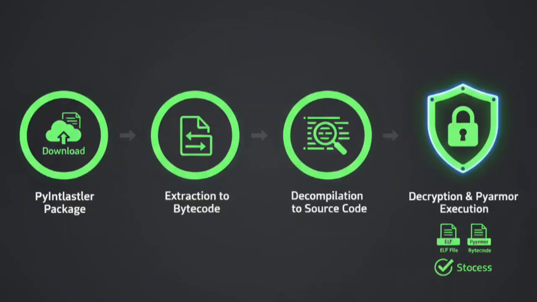Stage 4. Decryption and Pyarmor execution. In the final stage, the source code decrypts the core malicious payload. This reveals 2 critical components: an ELF file and the Pyarmor protected bytecode. Because it's obfuscated by Pyarmor, the malware can harvest your Discord tokens and browser data while remaining almost invisible to